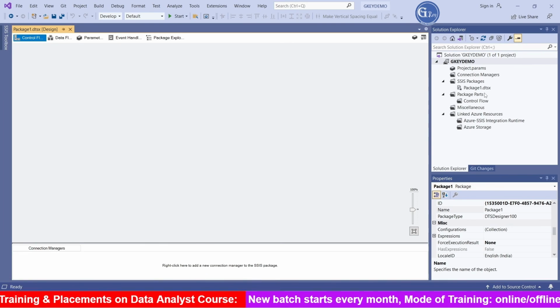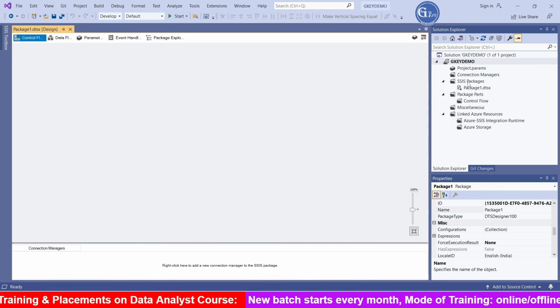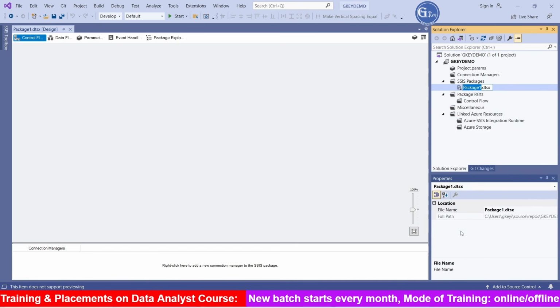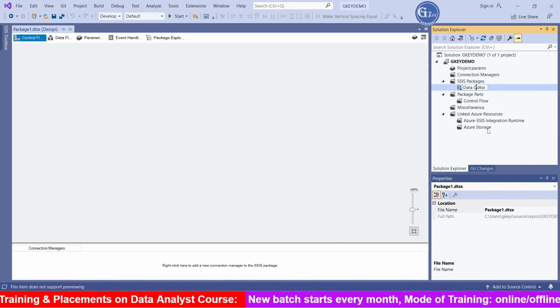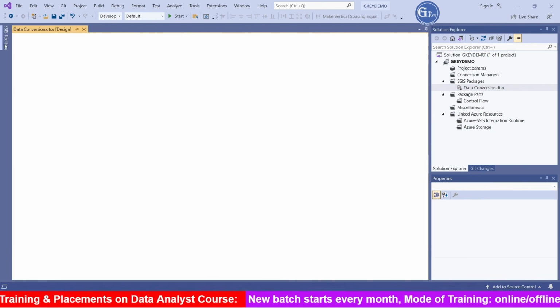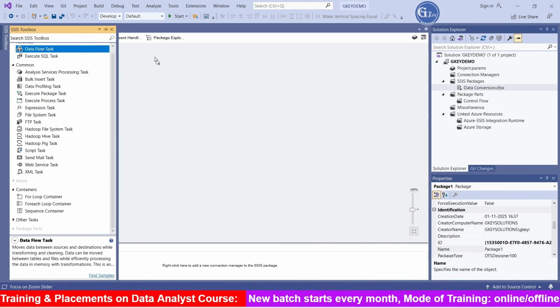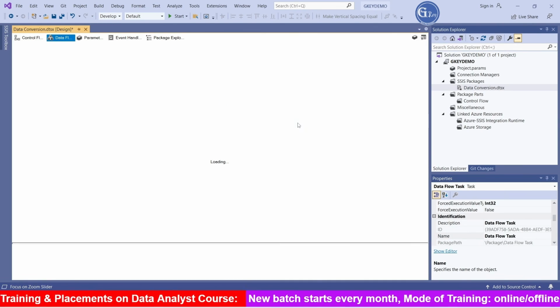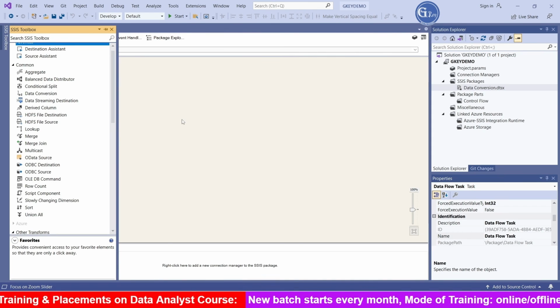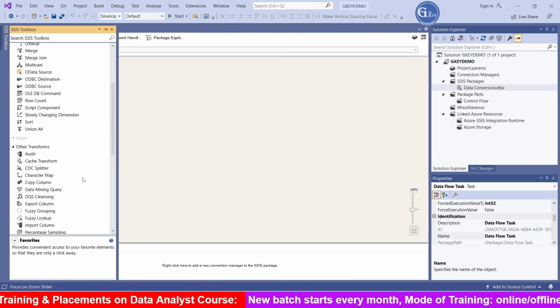Here we are in SSIS, that is SQL Server Integration Services. Here we are trying to create a package to check the data conversion transformation. I am renaming this package data conversion. To test this, I have to take one data flow task. In the data flow task, we'll have different sources, destinations and transformations. For this, I have an Excel source that I'm going to connect